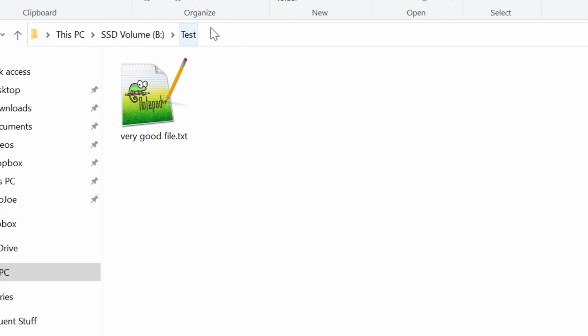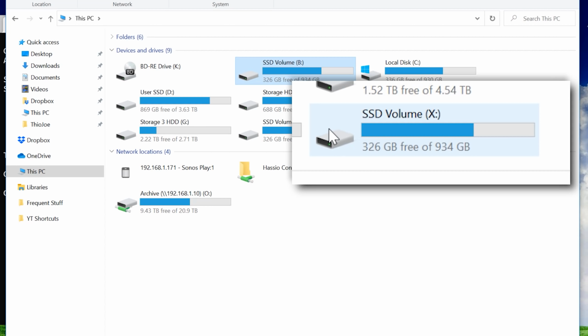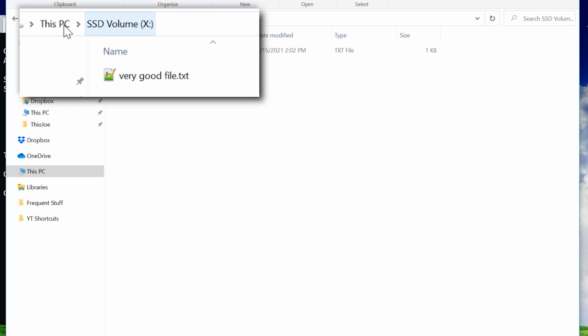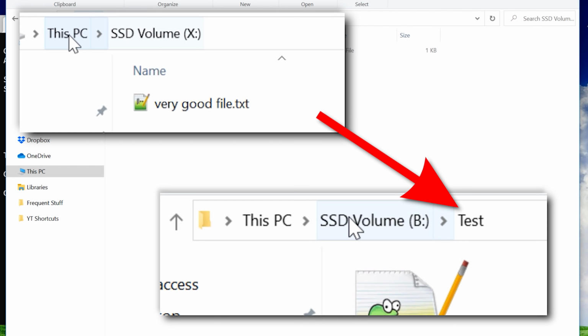How's it going, guys? I've got another feature for you in Windows that you probably didn't know about, but definitely could come in handy. It's the ability to take any folder on your computer and mount it as a virtual drive. So if you had some folder on your desktop or wherever, you could actually make a virtual drive, such as the X drive, and when you click into the X drive, it would go straight into that folder and look like you're in that folder.